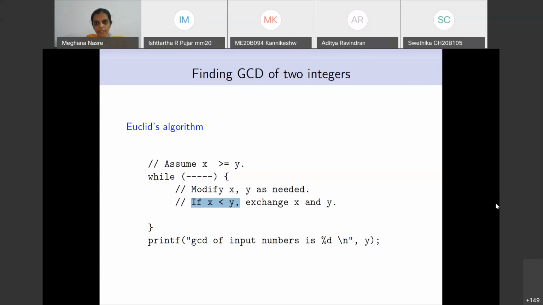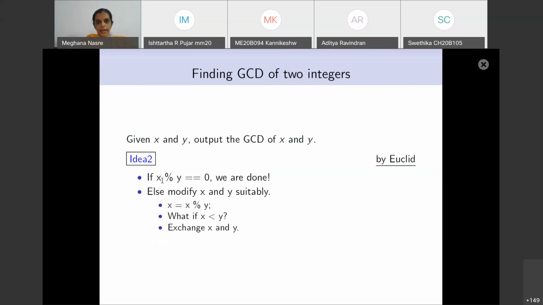Okay, so the conditions that some of you have given are x not equal to y. Is that correct? I mean, do you want x to be equal to y at the end of it? So please look at the previous slide to come up with this. If x mod y is equal to 0, we are done. So when should we go inside the loop? This is the complete idea for the program to be written. There's nothing to be done. There's nothing not specified with respect to the program.